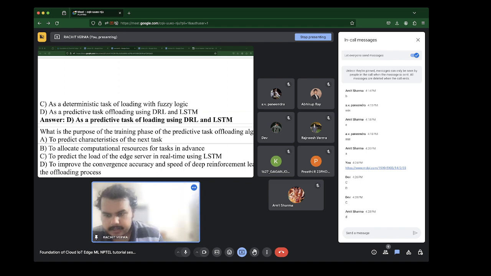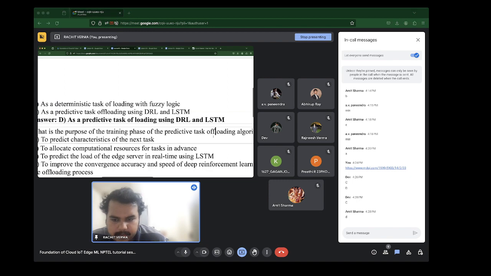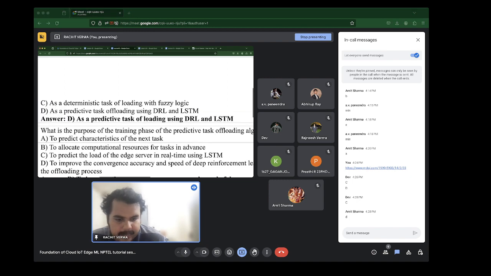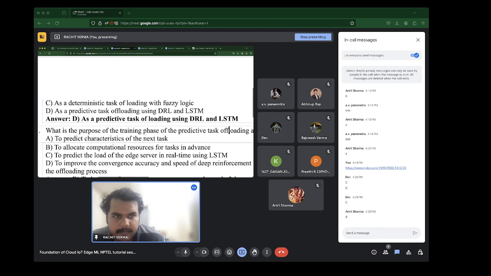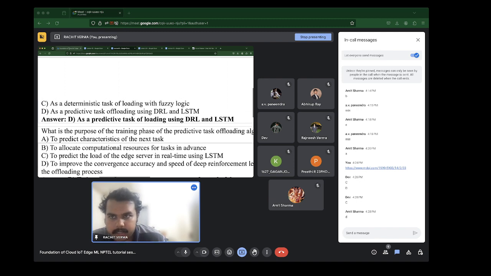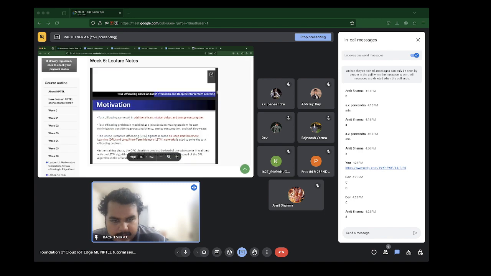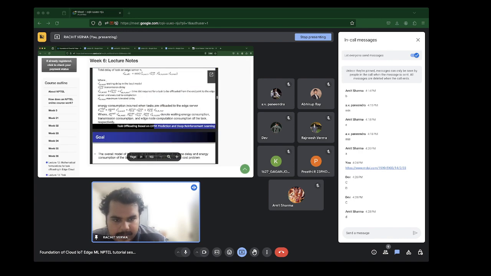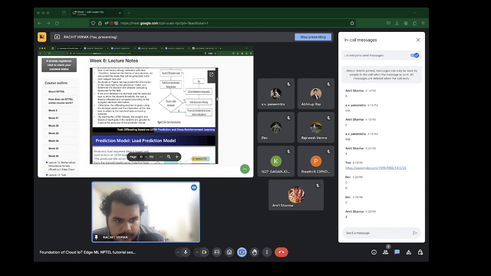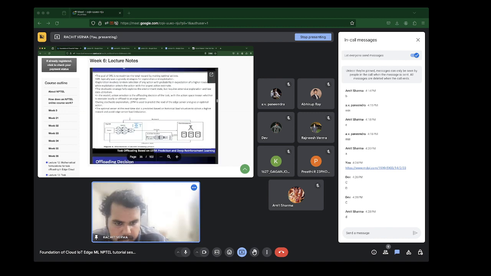The purpose of the training phase of the predictive task offloading algorithm is to improve the convergence accuracy and speed of deep reinforcement learning in the offloading process. So let's take a look at your notes, right? If you look at the training process, basically the LSTM makes a prediction and this is sent to the reinforcement learning agent.